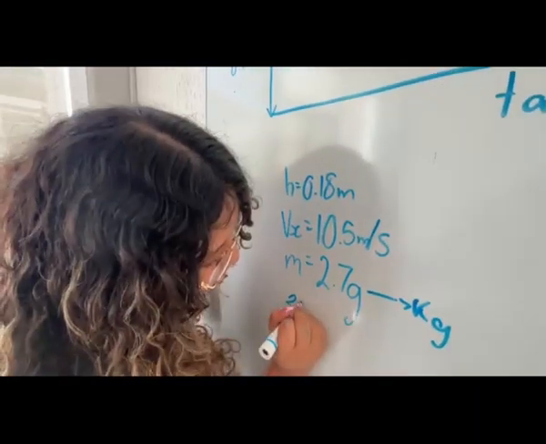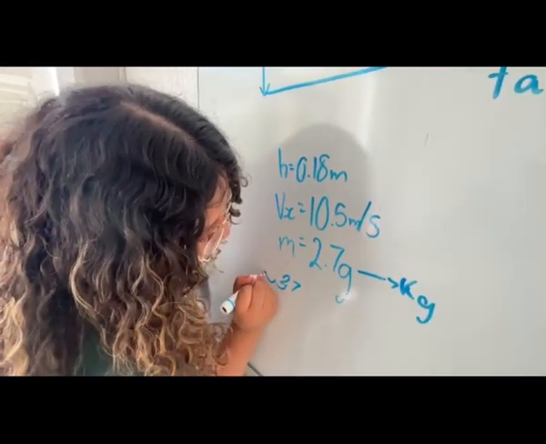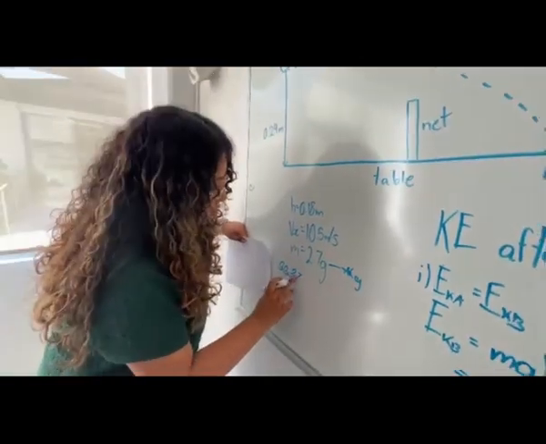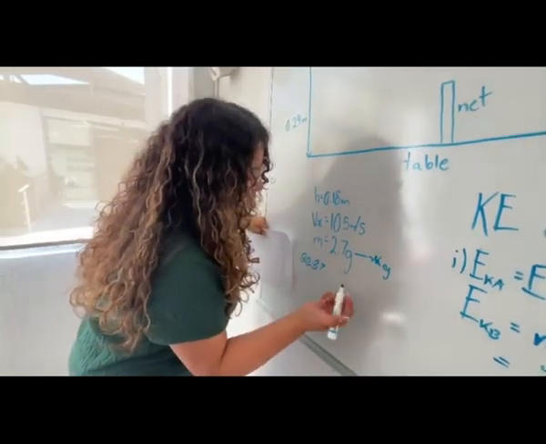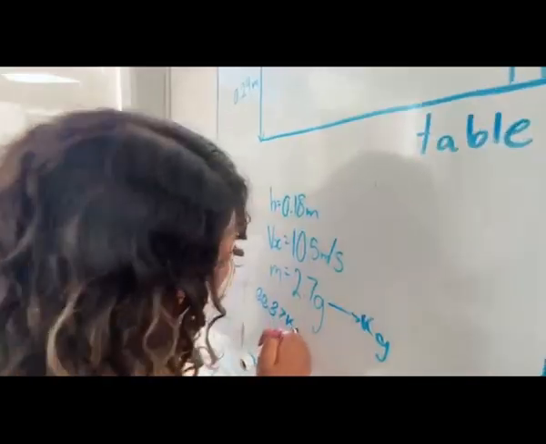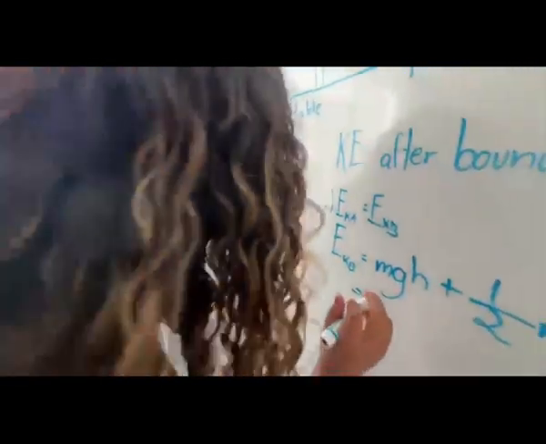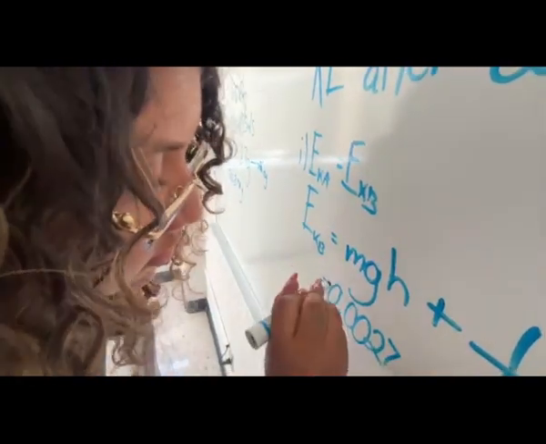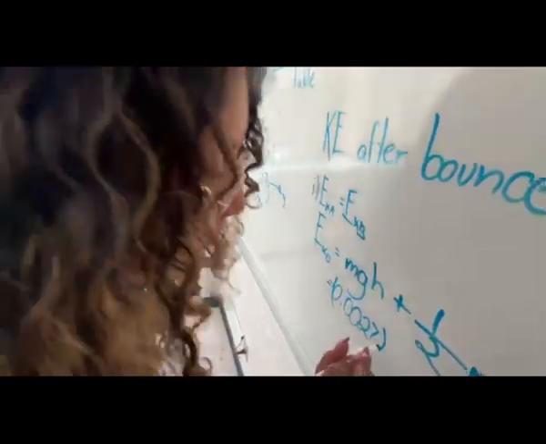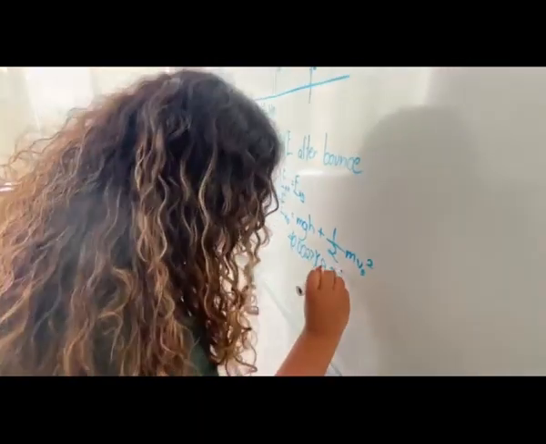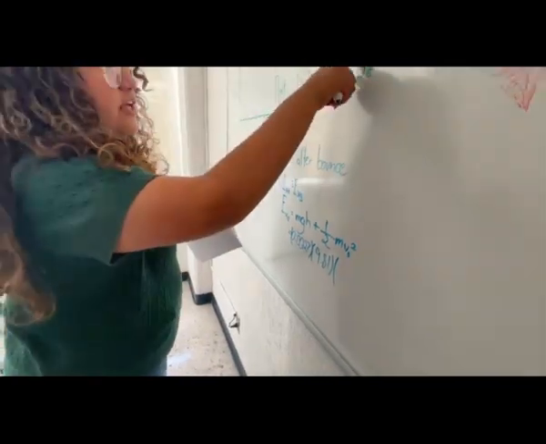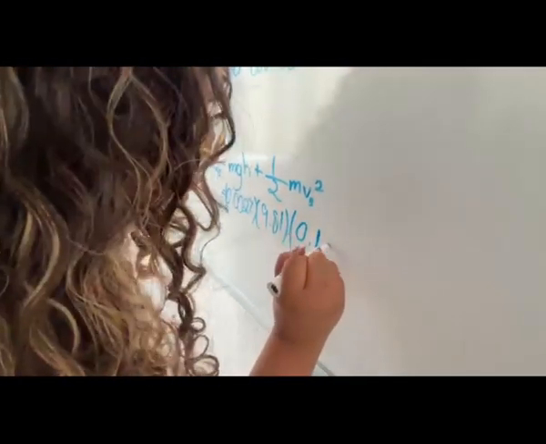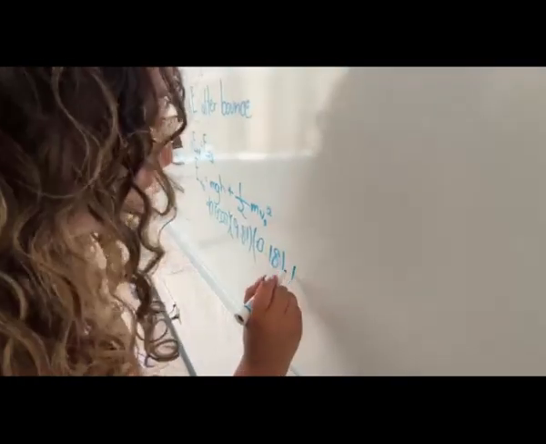So it's 0.0027 kilograms, times 9.81, and the height that the bounce reached, 0.18, plus